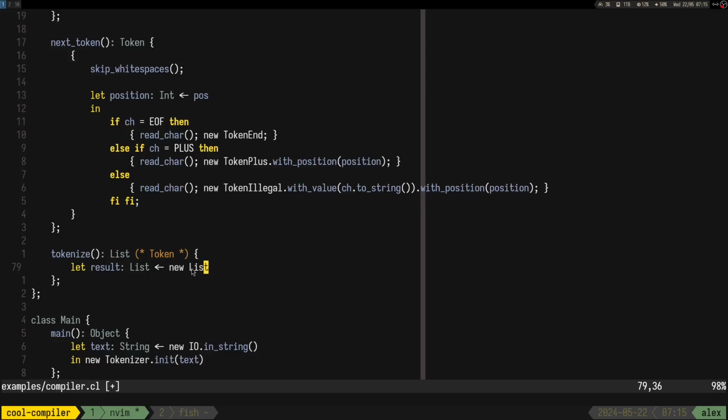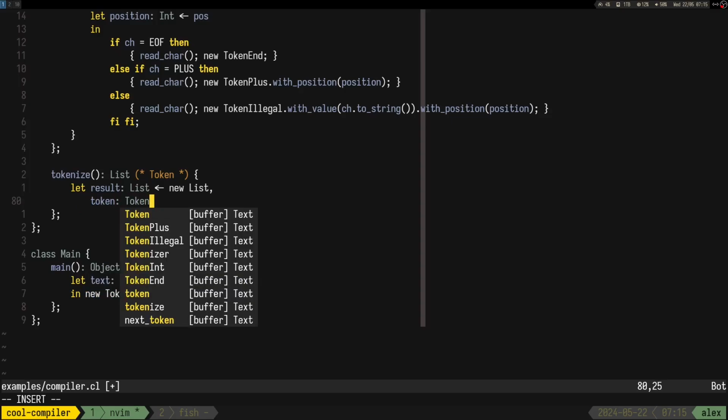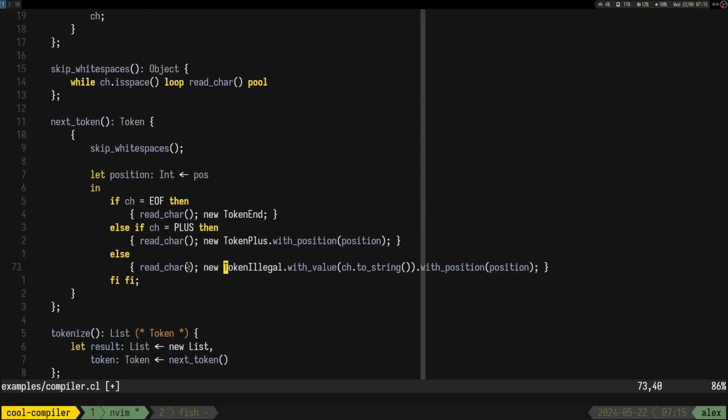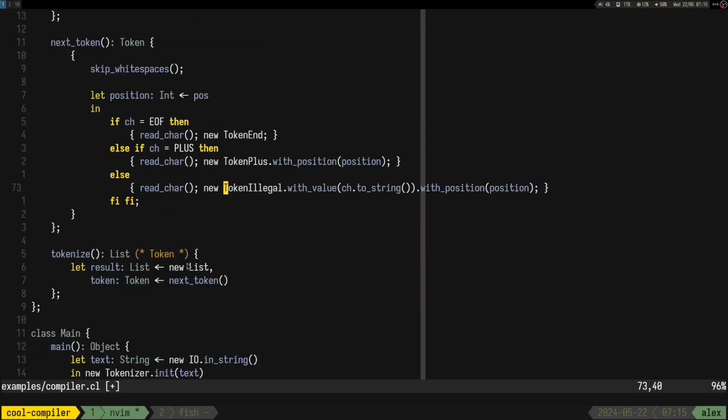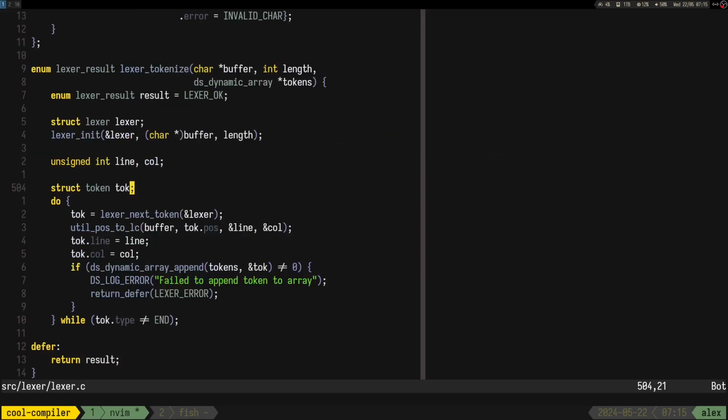So we have the new list, then we need token. I'd say it's gonna be next token, just like that. And then we can have in, and here it's gonna be the while loop.